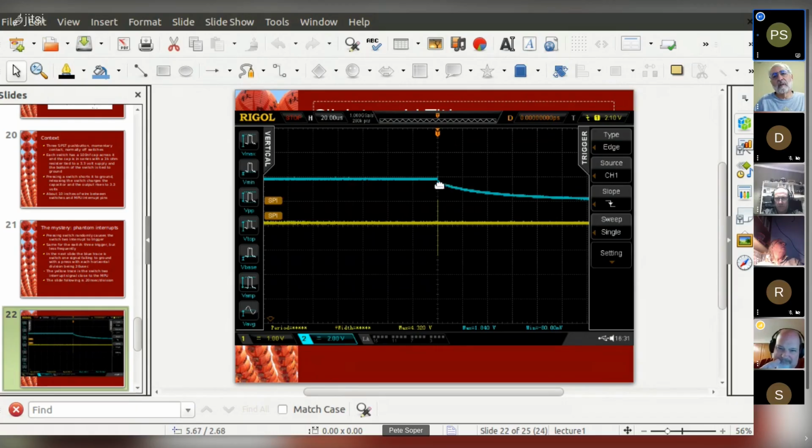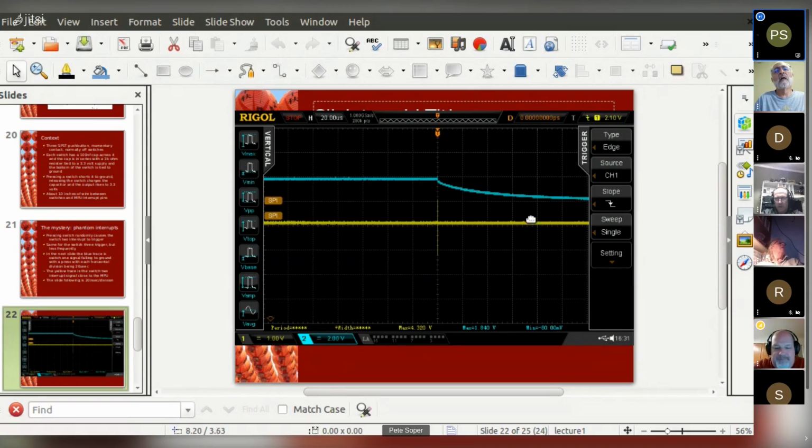I'm connecting the switch to ground, but I'm wondering if I'm having to build a magnetic field in the wires going to the microprocessor. In other words, there's inductance in the wires, so it's momentarily presenting a high impedance and then lower.